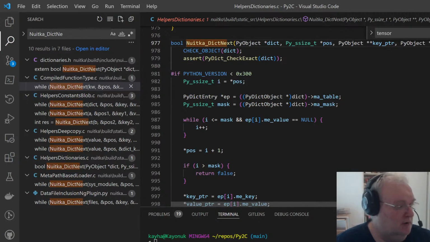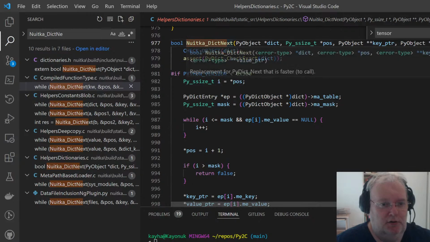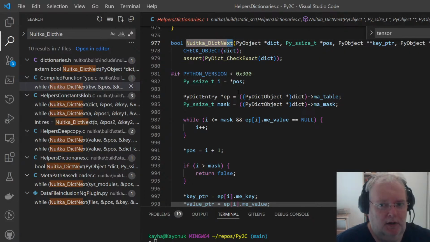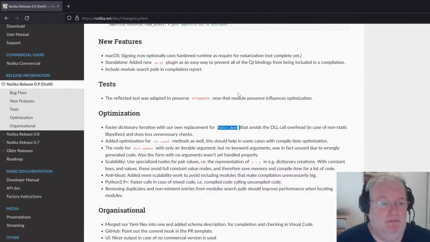And especially on Windows, every dictionary iteration had a DLL call overhead per dictionary key value pair. So that should help Windows, which enforces DLL. If you can avoid it, then the gain will still be there, but very low.